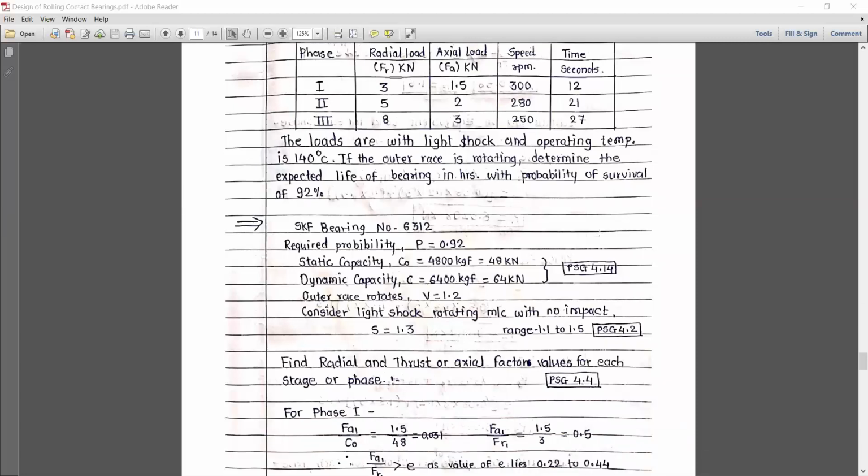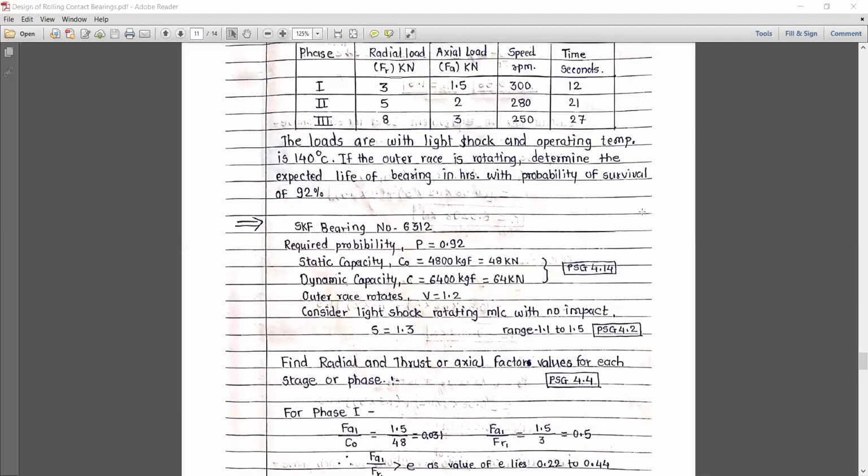First of all, note down the inputs. The type of bearing is SKF 6312. It means it is a deep groove ball bearing with heavy load carrying condition. Diameter: last two digits 12 multiplied by 5, so 60 mm. Then the required probability is 92%. Static capacity is